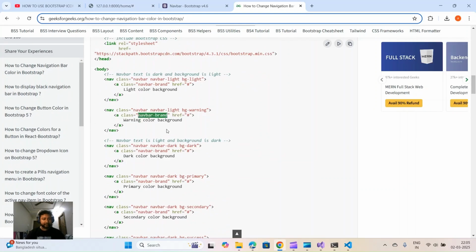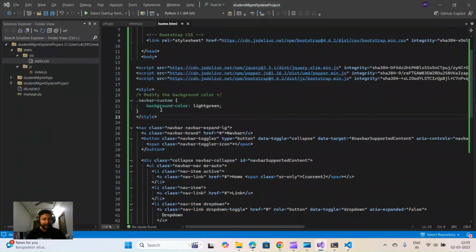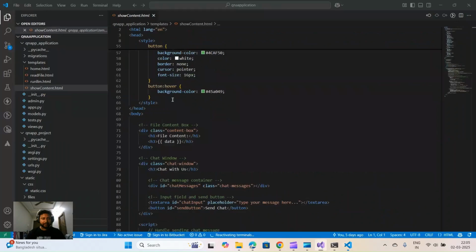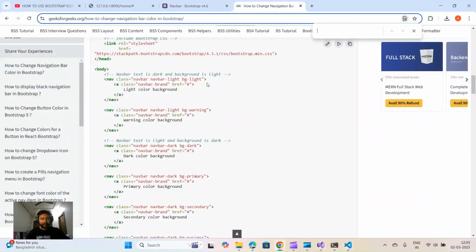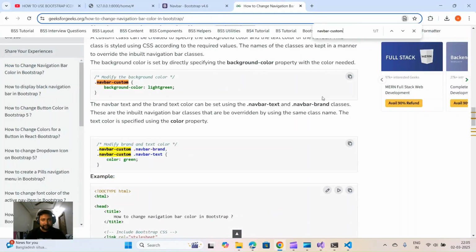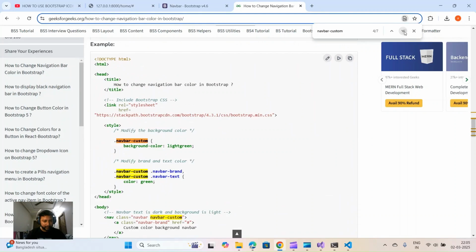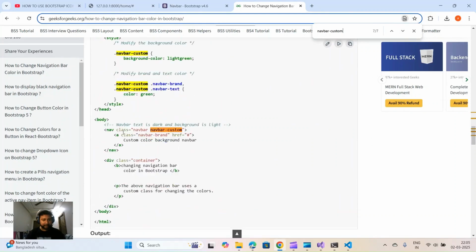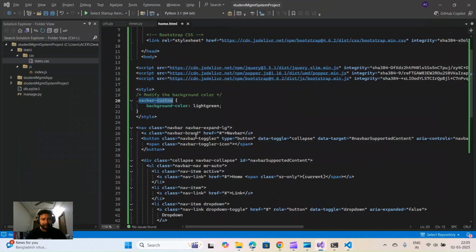So let me see whether any class is there or not. Navbar brand background color. Okay, navbar custom. Okay, so I need to find where they have defined this navbar custom. Okay, fine. 1, 2, 3 and 4, and nav class navbar custom. Yes, so this class I need to define. I just need to provide nav class